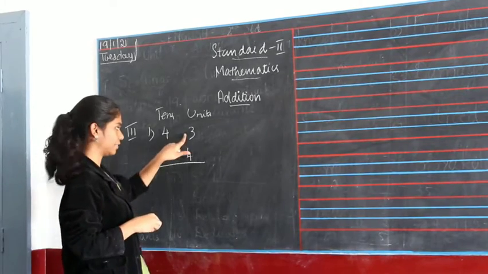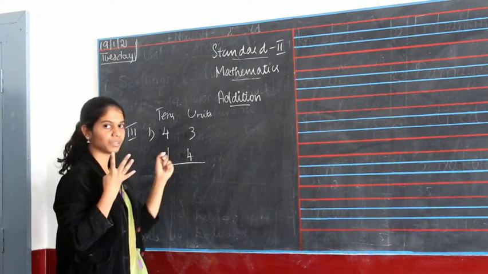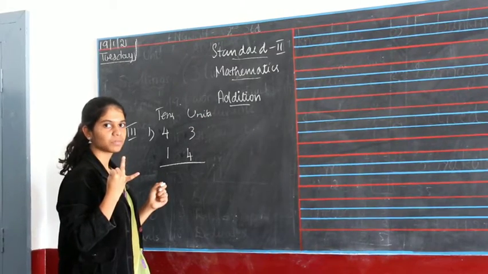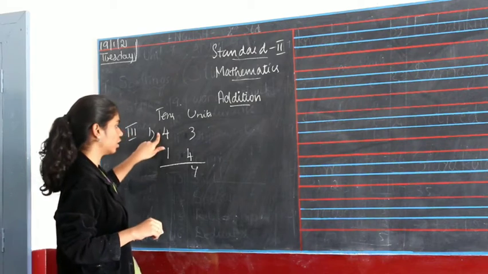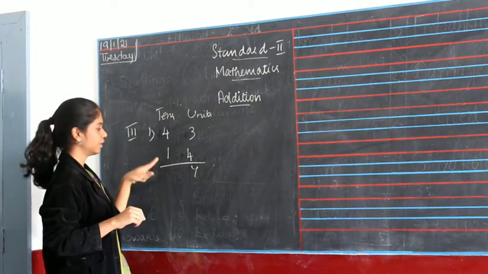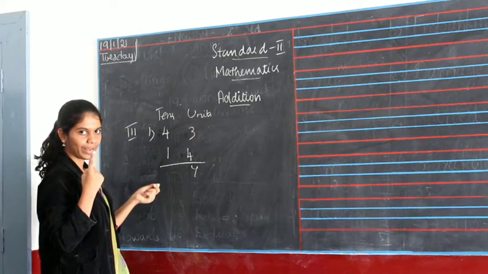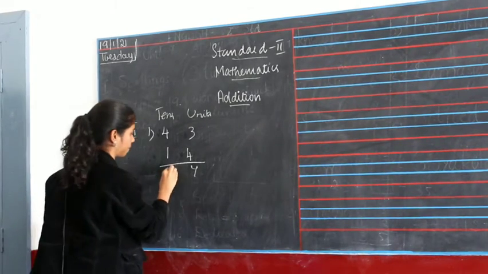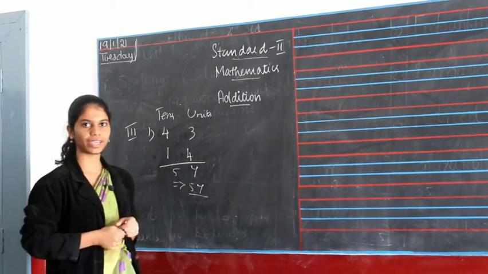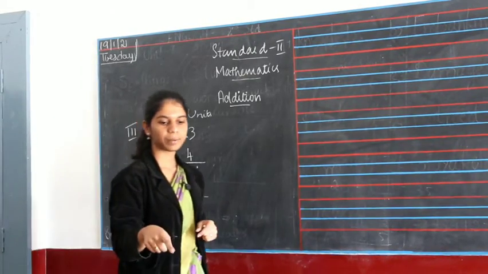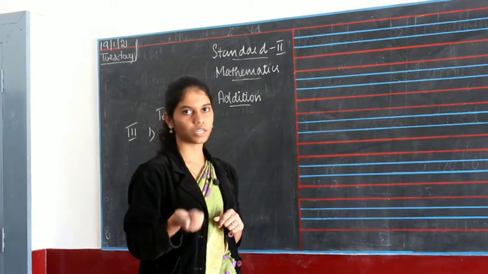Now here you have 3 and here you have 4. 3 in your mind, 4 in your finger. 3 after 4, 5, 6, 7. Now here you have 4 and here you have 1. So 4 in your mind, 1 in your finger. 4 after 5. So the answer is 54. Okay, likewise there are some 10 sums and one I solved. So rest of the 9 is your homework.